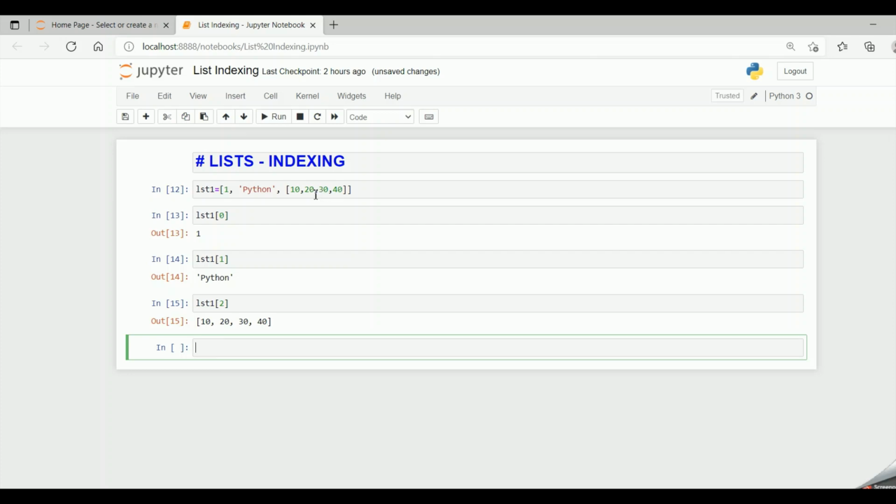Now if I want to access individual characters within the string, like P, Y, T, H, O, N, then I have to go for nested indexing. And if I want to access individual items within the inner list, even then I have to go for nested indexing.